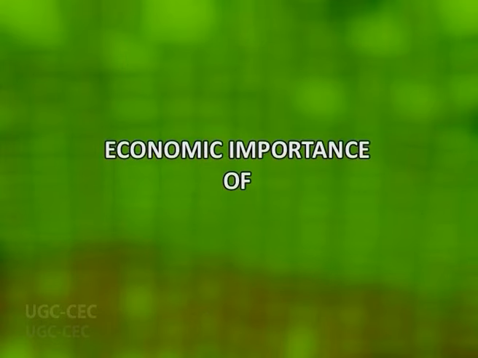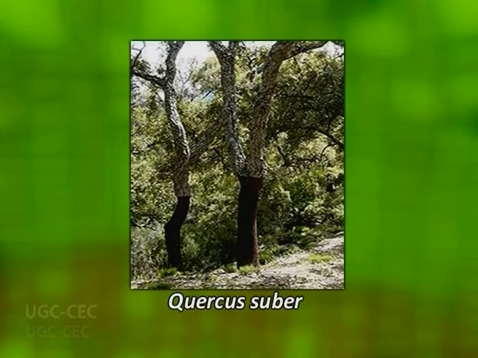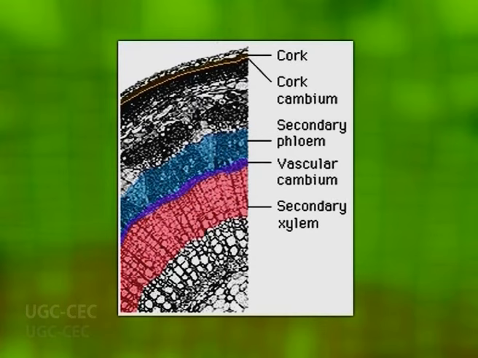Now we will touch upon the economic importance of cork. Most commercial cork is derived from the bark of the cork oak, that is Quercus suber. Here, the first periderm in the stem arises in the epidermis. This periderm persists on the plant indefinitely, but when the tree is about 20 years old, that is approximately 40 cm in circumference, the first formed periderm, known as virgin cork, is removed.